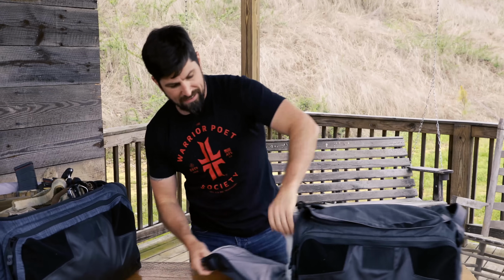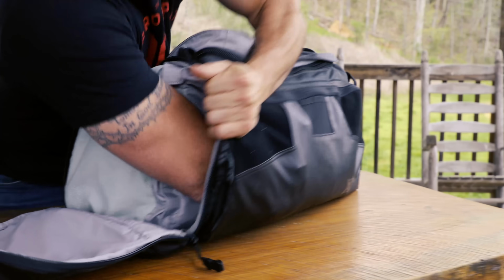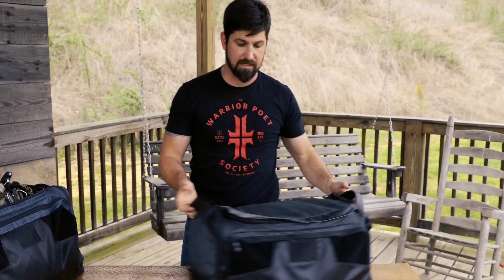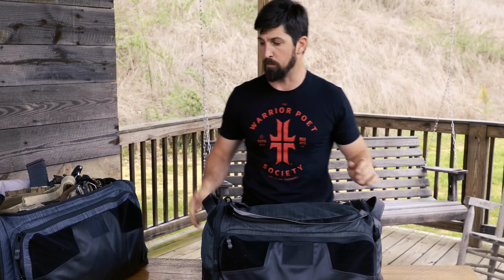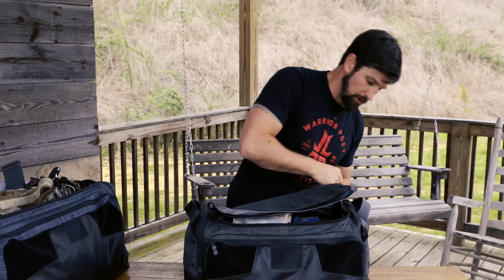All right, that maxes out there. You can kind of see the secret compartment where it can go all the way back in there and then zip up. So I love this feature because I can have an AR hidden in this. That's pretty remarkable. Of course, this one will have it too. Going through the main compartment,